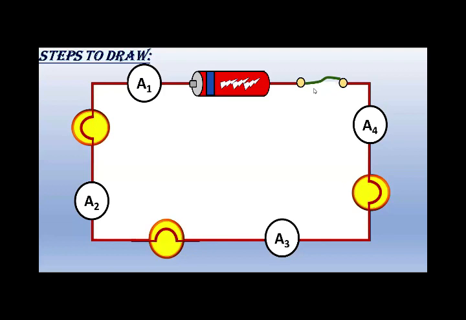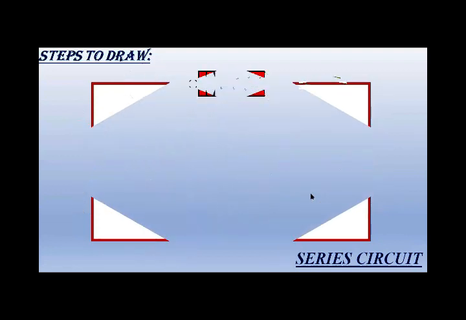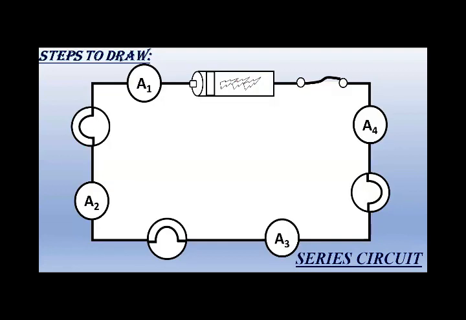Okay, I hope it is clear, students. But this is your series circuit diagram. There is a difference. You will draw a black and white diagram. You will use just your lead pencil. You will draw the scientific diagram with your lead pencils. So you will not use color inside it. Okay, I hope it is clear.